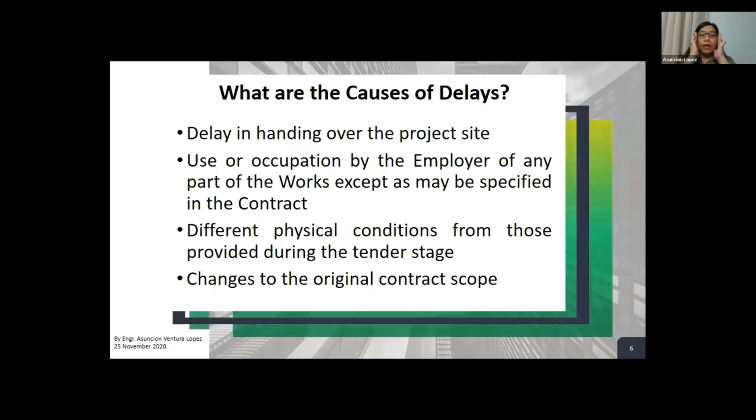Okay, proceeding now. So what are the common causes of these delays? What are the events that you think may cause delays to the contractor and may entitle him to an EOT? Now, I have listed here some events only to give you an example. However, take note that this is only a guide. In your own project, you must always refer to your own contract. Most of the events in this list that we will be discussing came from FIDIC 1999.